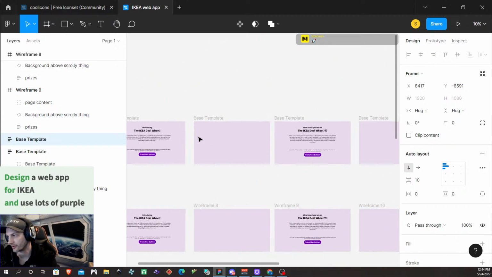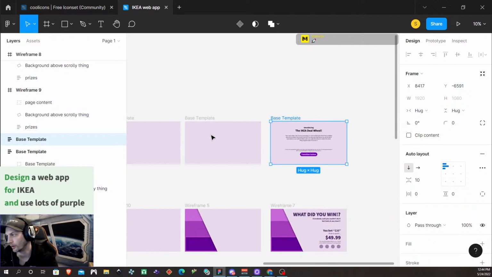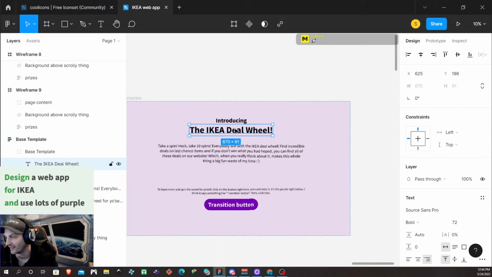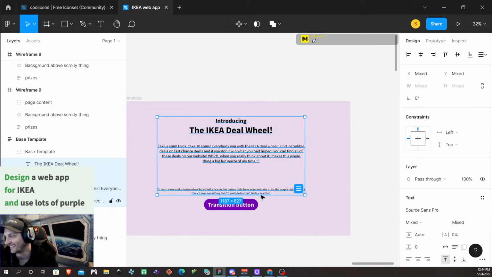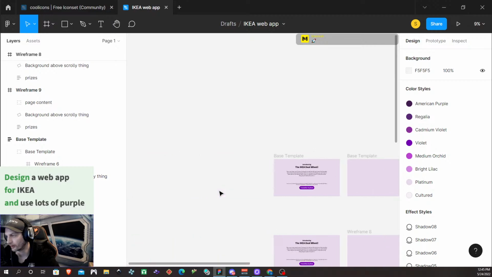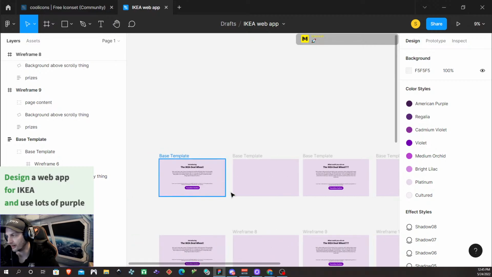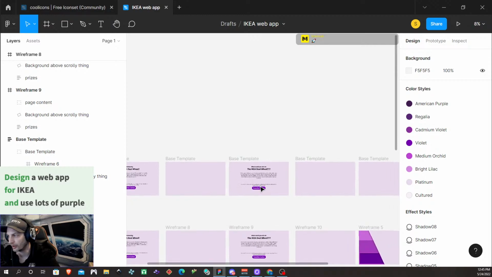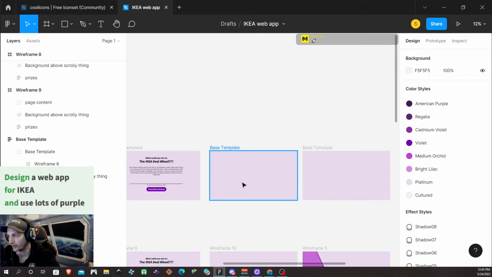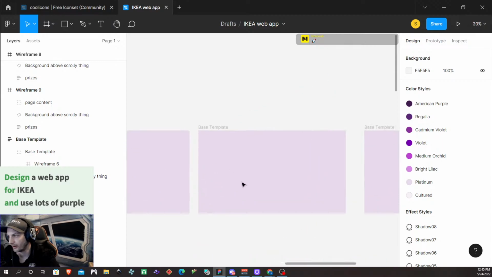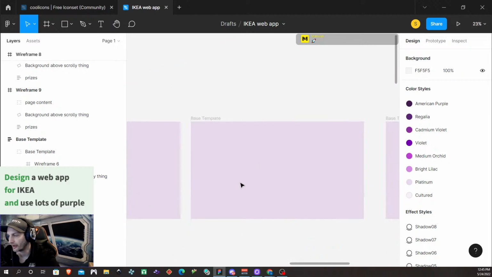The one that's blank should really be base template, but whatever. Say that they're all base template, it's fine. All right, so now we have plenty of workspace here. So you're gonna transition here, get a blank screen. This is gonna fade up after a slight delay. You're gonna hit the transition button. Again, get greeted with a fade out to nothing, fade into something after a time, and now we're gonna say